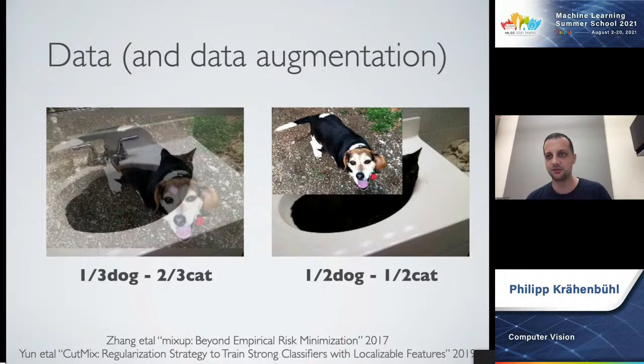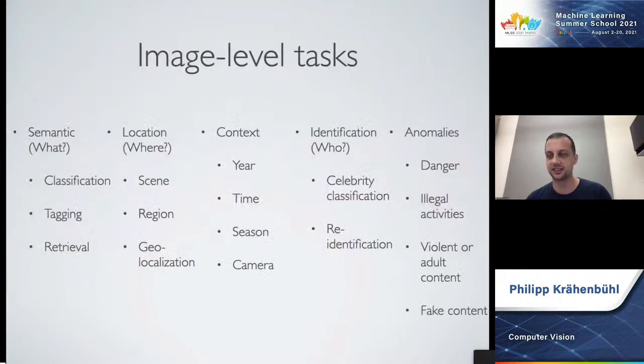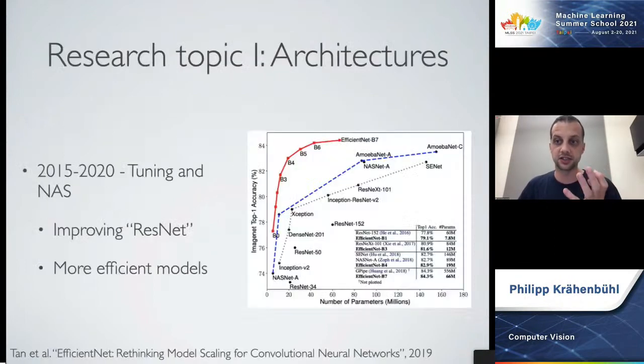In the interest of time, I'll move on and then we'll have a bit more of a discussion later. All right. So I hope I was able to show you that even though there's this gigantic zoo of different image level tasks, all of them share the same recipe. Now, in the last few minutes, we'll look at exciting opportunities for you to go and contribute. And one area is definitely in architectures for these image level classification problems.